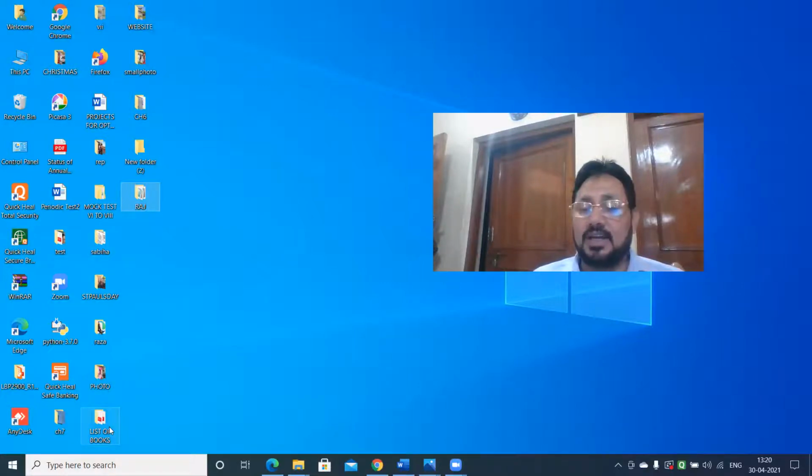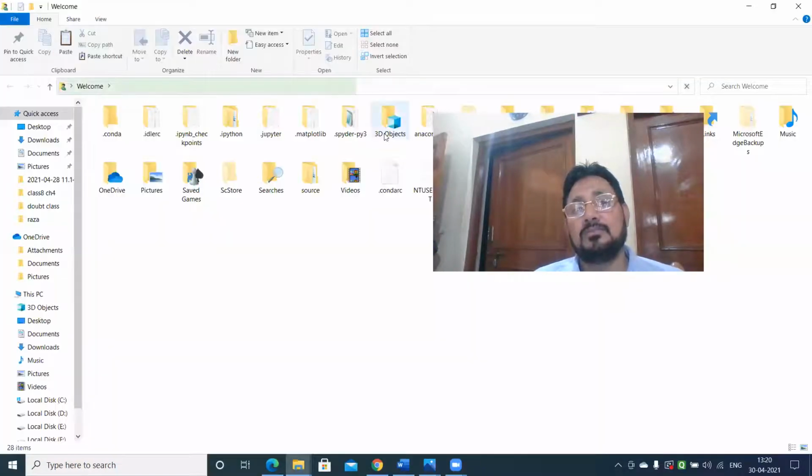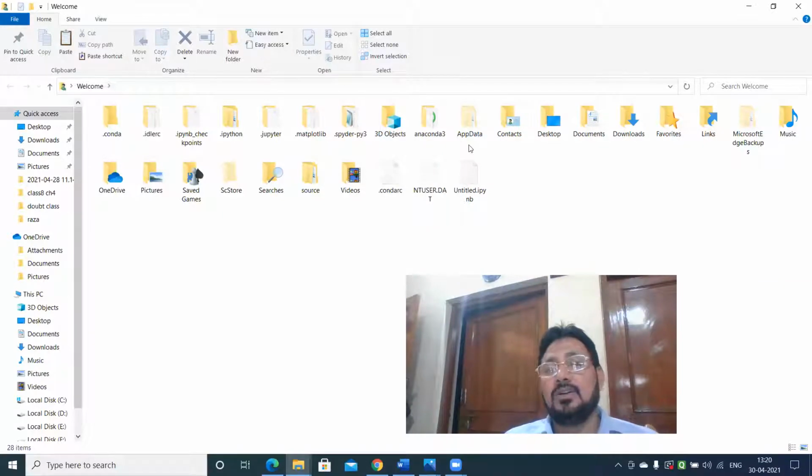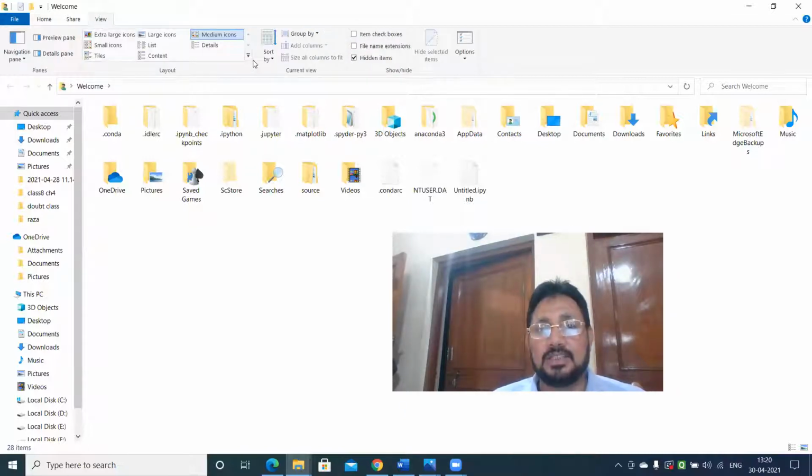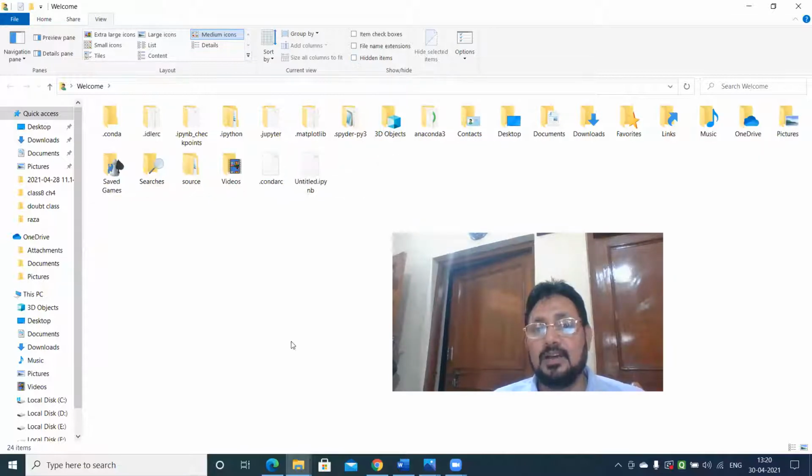Either you open the file and then see, otherwise it is stored in, see here, welcome. And here you have app data. On your system, by default, if you have not changed the setting, I have used this.